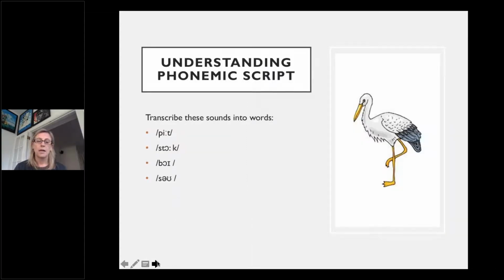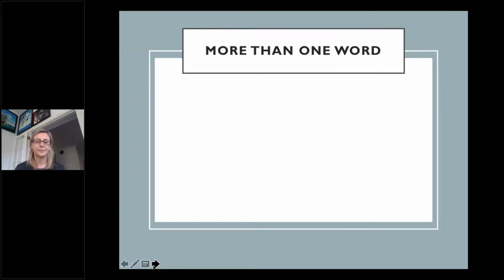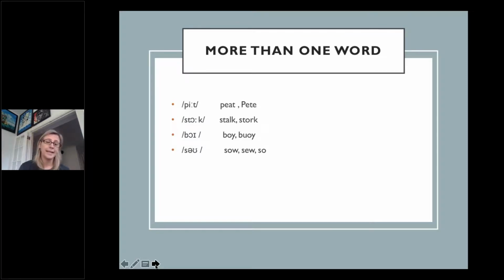Okay. Now then, that's all very nice and well, but unfortunately in English, this is what happens. So we've got Pete and we've got Pete. The second one, we've got stalk and stalk. We've got boy or boy. And we've got so, so, or so. Now then,